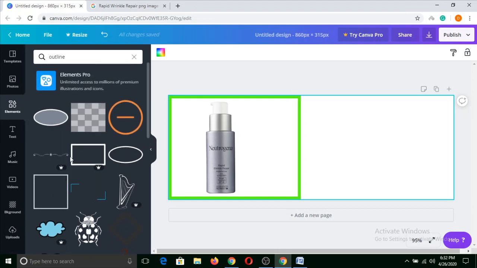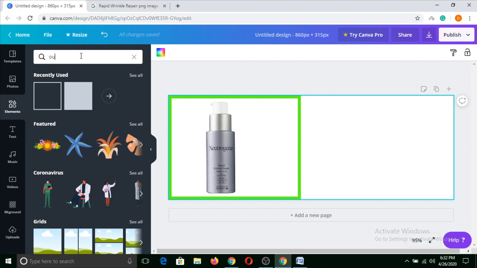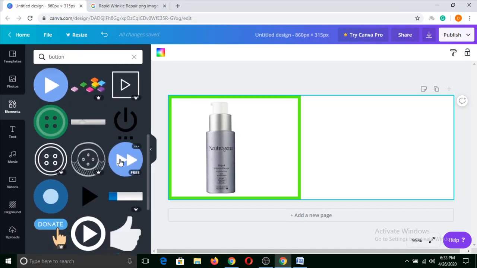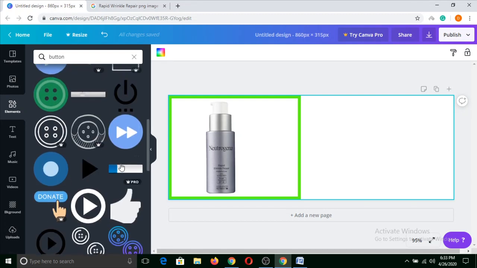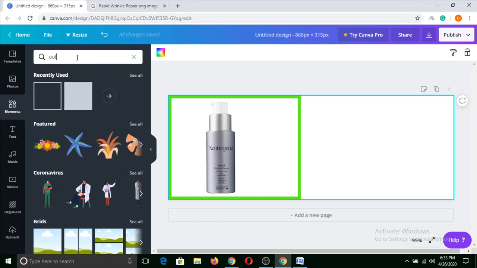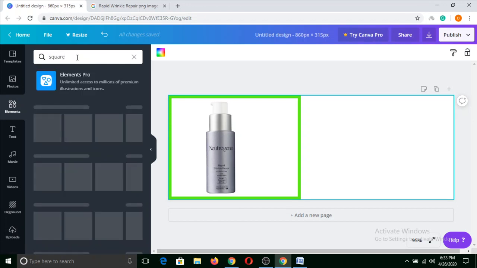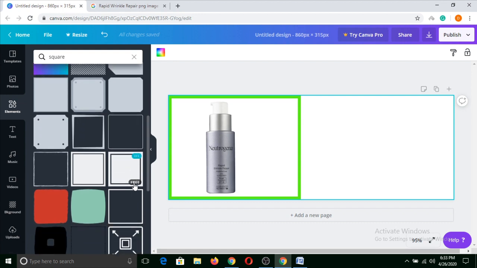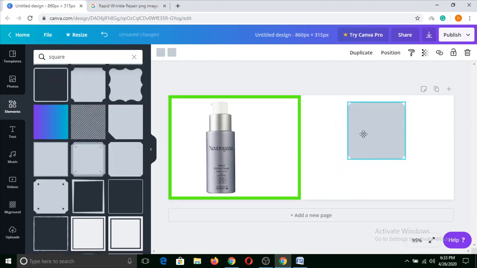Now you can search for another outline. Let's type outline, or let's say square. Okay, so we can use this.